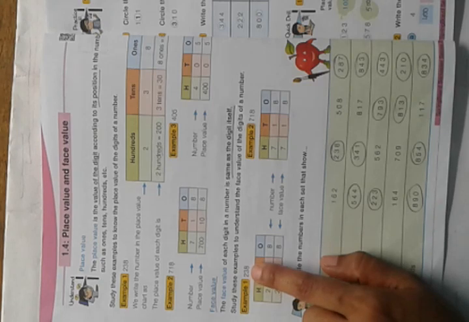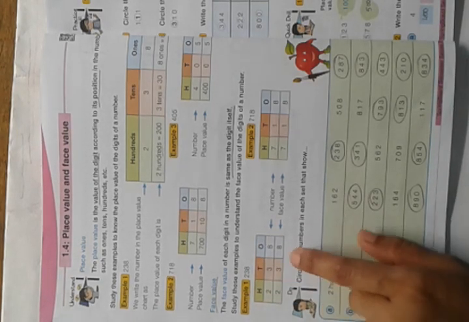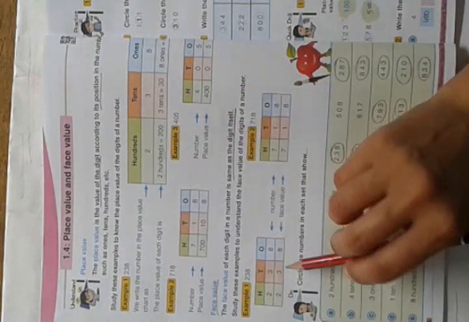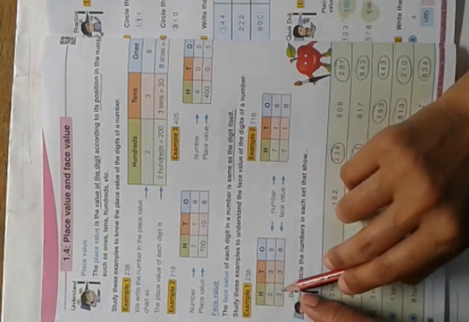Okay students. So see here, it is 238. This is the place value chart. Ones, tens, hundreds we have written. 2 in the hundreds column, 3 in the tens column, 8 in the ones column. So the face value of the 2 in 200 is 2 only, because they have told here same as the digit itself. It is 2 here, face value of the 2 is 2 only. It is 3 here, face value of the 3 is 3 only. Means the number itself is the face value. Understood students? Next, come to the activity.